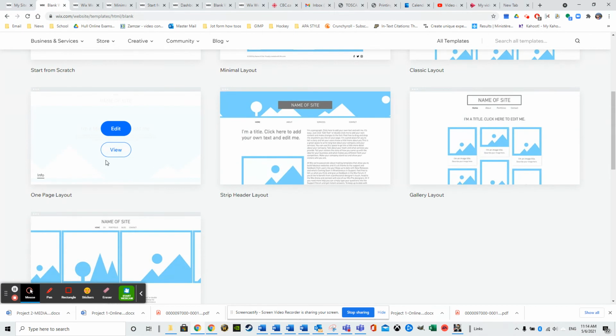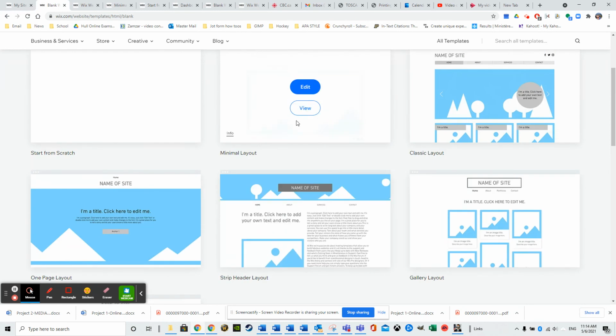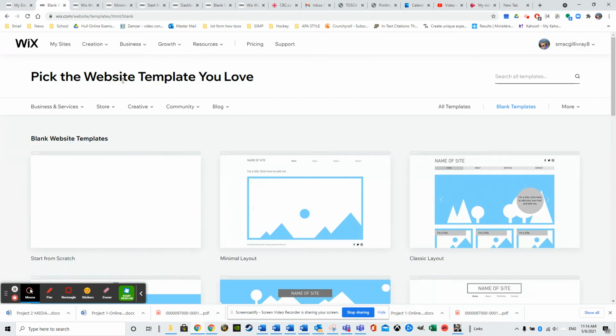Another one would be the one-page layout, and this connects us back to another tutorial on the channel called anchors and how to use them. So consider that if you choose something with one-page layout. Anchors can be used on any of these, which allow you basically to click to go scroll down and up quickly. It brings you to a section on the page as opposed to clicking on the pages at the top. The pages on the top lead you to the section, and above each section there's a back to top button that you can push. So anchors are quite useful, but basically in here, pick a website template that you love,